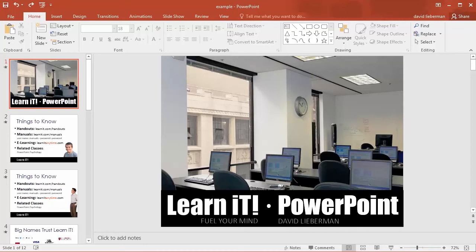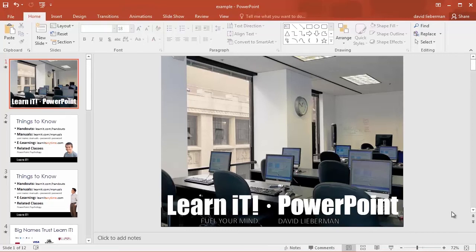PowerPoint comes with a number of drawing tools that you can use to create graphical elements in your slides. Now, it's important to note that you probably won't be coming in and doing lots and lots of graphic design. And you're definitely not going to be drawing things like bunnies and duckies and things like that. But if you look at this slide right here,